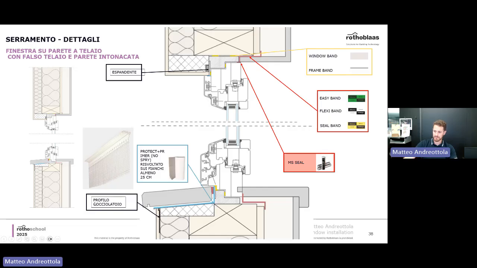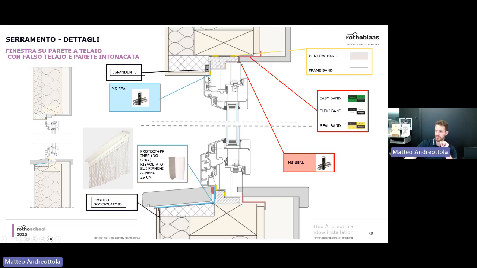Always remember the dripping element in here for your elements, and here basically the element has this net on the bottom. Sorry, I forgot to translate this part here. I'll make sure I translate it when I send it to you. And you can place a little bit of MS seal here and there.